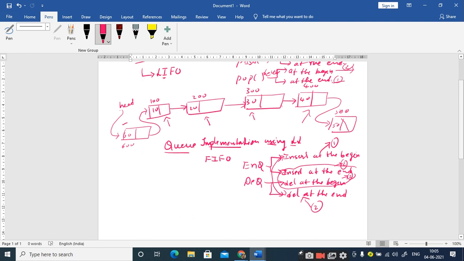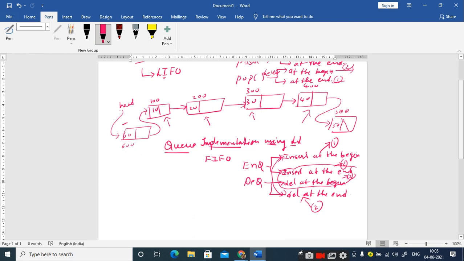But remember carefully, when you are going to implement the stack using linked list and queue using linked list, it is mandatory that you should use those names only. So for insertion, you should always use the push operation. Logic is your choice, but the name should be push only. Similarly, when you want to implement the deletion operation on the stack, the name should be pop.